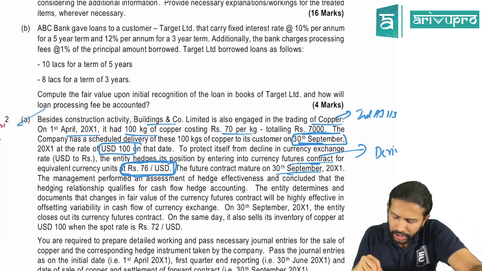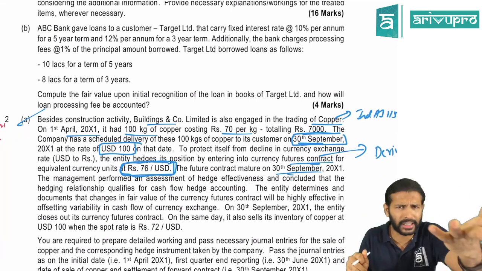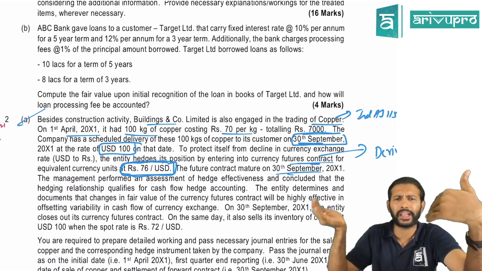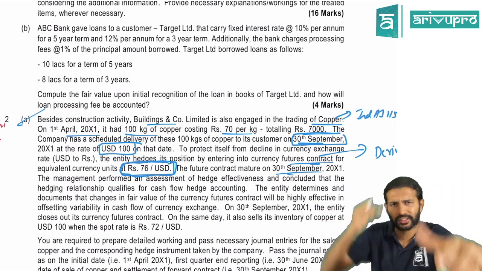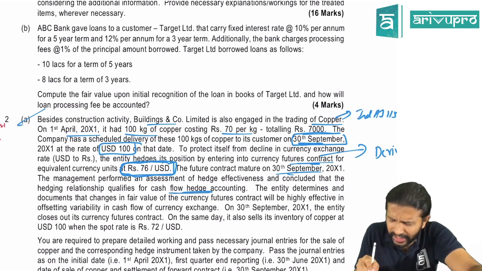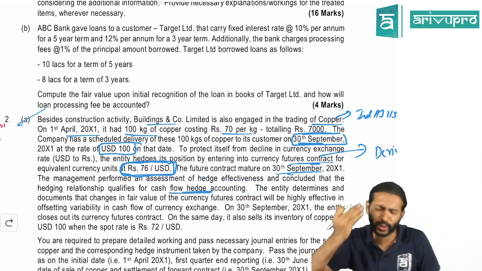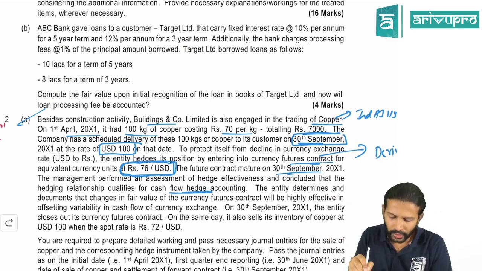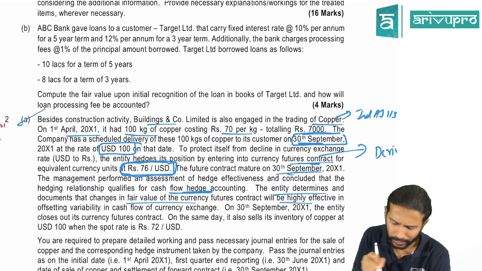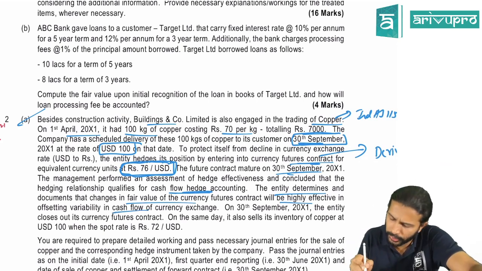Okay. The management performed the assessment of hedge effectiveness, because to do this accounting, the hedge should be effective. We had concluded, yes, there should be an economic relationship between the hedged item and the hedging instrument. We had some conditions like that. They're saying it is getting satisfied. Fair enough. And they are also saying it is cash flow hedge accounting. Awesome. They need not tell, but they've specifically told. Fair enough. Good for us. Alright, this entity determines and documents that changes in fair value will be highly effective. They're saying the hedge is effective. Fair enough. That is needed to do the hedge accounting.